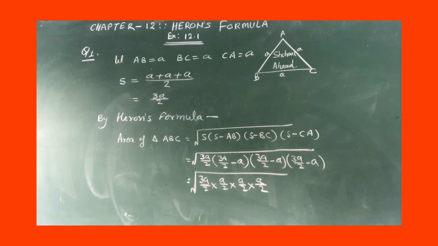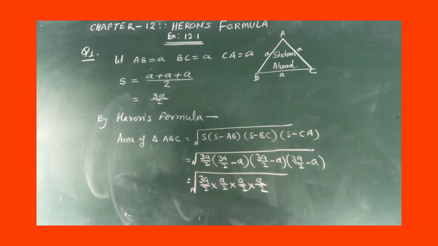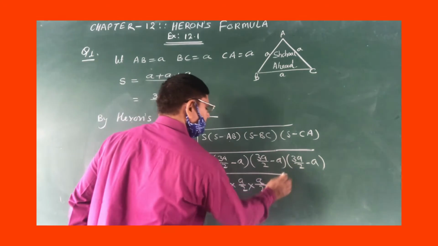The powers that are given become exactly half. For example, if I ask what is the square root of a raised to the power of 6, then half of 6 is 3. Yes sir, a cube. If I ask you the question, what is the square root of a raised to the power of 16? Sir, a raised to the power of 8. Yes, of course.